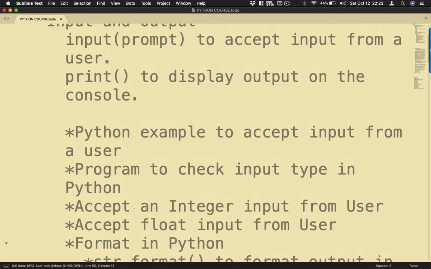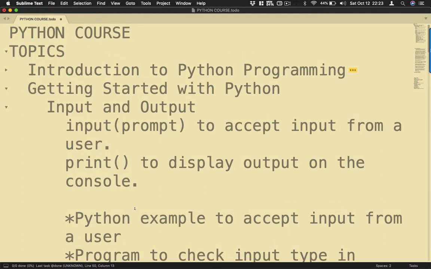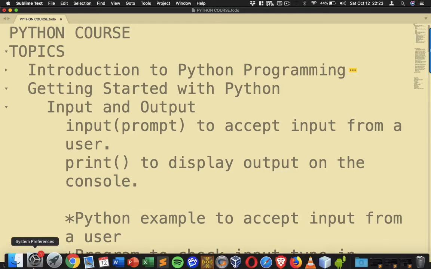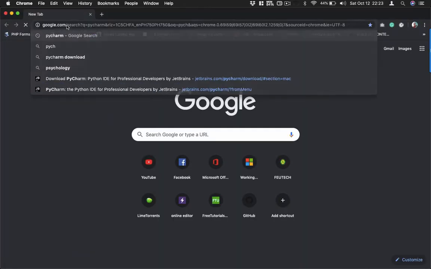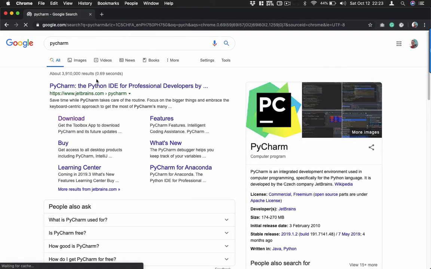Now, also in this module, I'm going to introduce you to a new IDE. Before, we were using the IDLE that came with our Python when we installed it. This time I'm going to introduce you to the new IDE. Let's open our browser here. Now in the search bar, you just type PyCharm. PyCharm is an IDE developed by JetBrains, which is